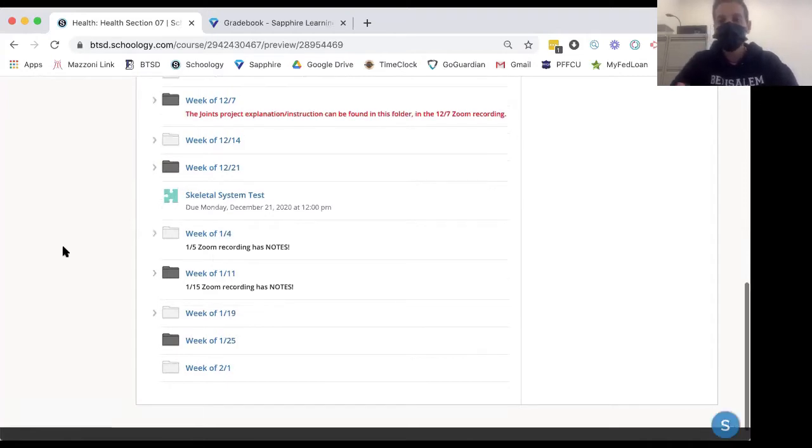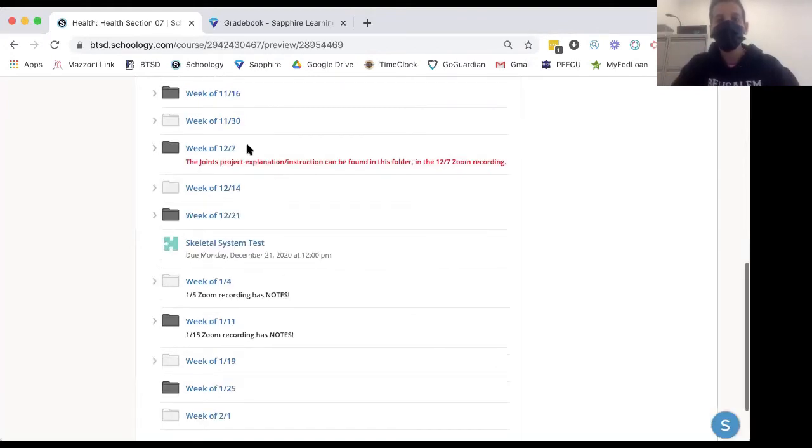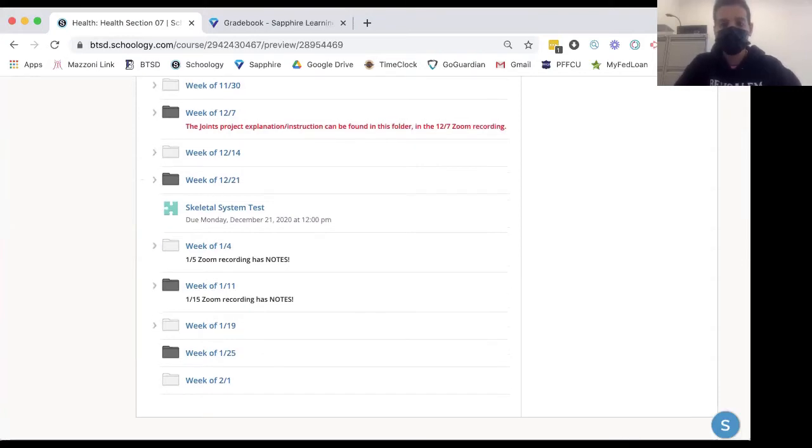So it gives you a reminder: if you weren't there or you never took notes and you're getting ready for the test, and maybe you procrastinate a little bit and you're like, oh no, how do I get ready for this test? The notes are right here, and you can always get ready for it, even if it's last minute, which hopefully it's not. I do add these things in here, just like this has been here for a while, explaining the joints project. I'm going to be doing that as often as I can to help you guys out.